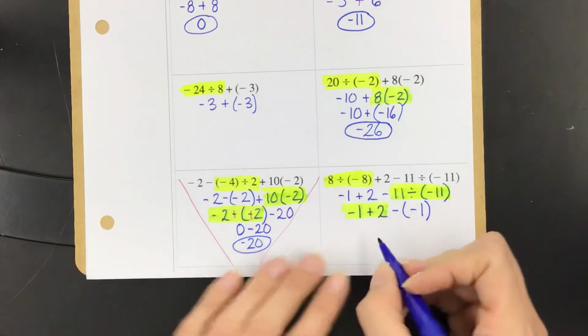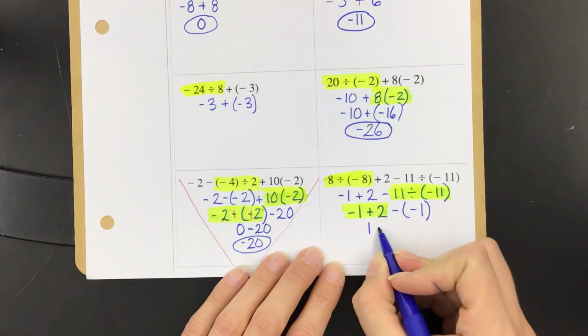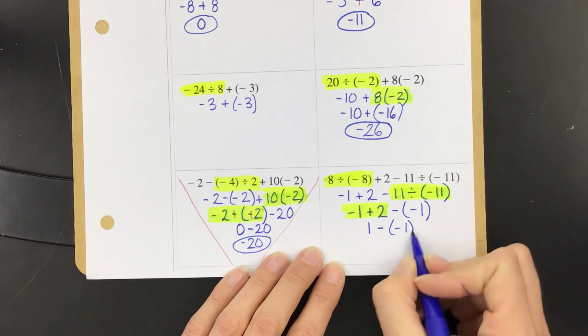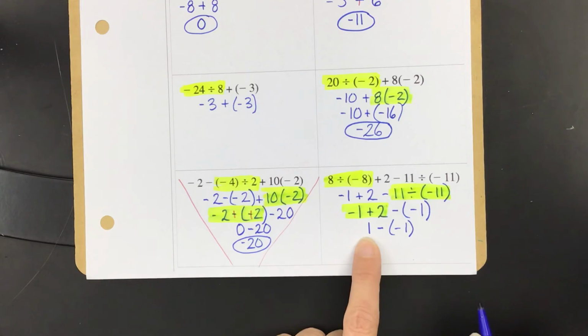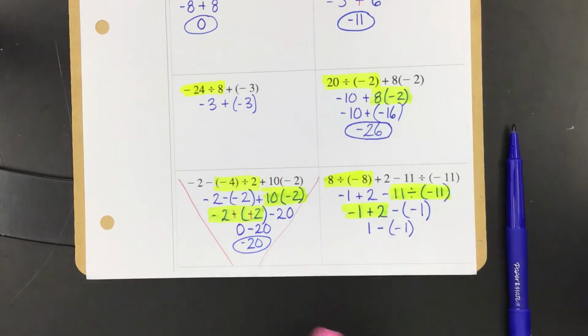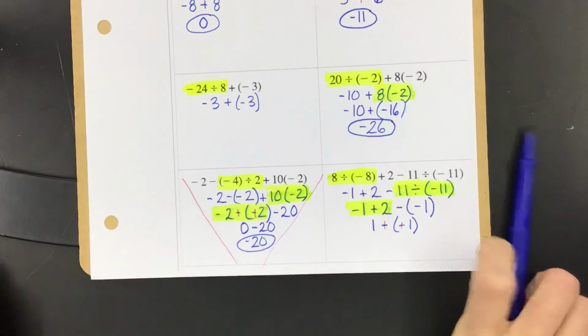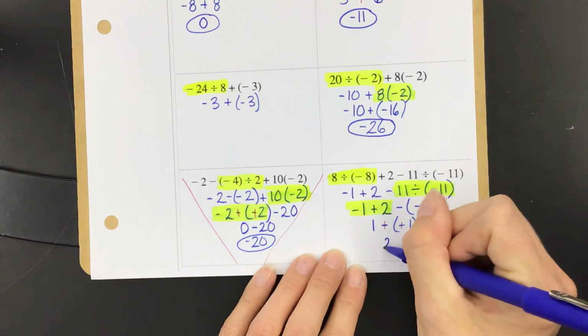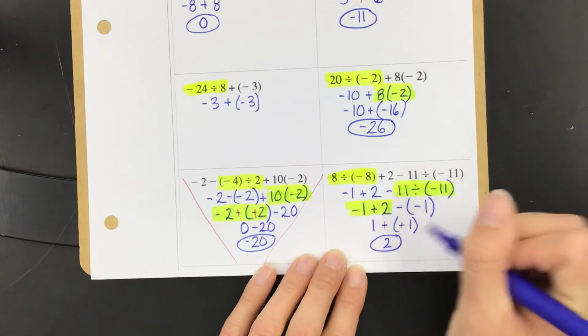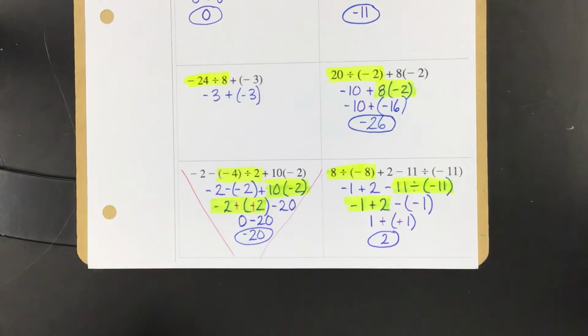-1 plus 2 is +1. Bring everything else down. Now we want to keep it switch. So this will become 1 plus 1, which is 2. So now you see why we're practicing our math facts every day, because you're going to be using them a ton. So we want to make sure we're super quick with that addition, subtraction, multiplying, and dividing